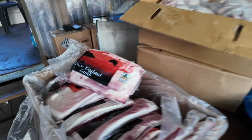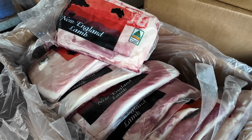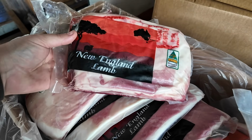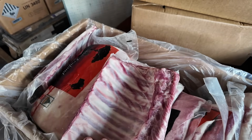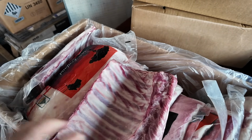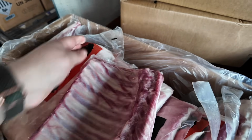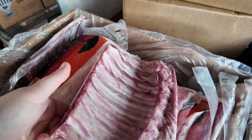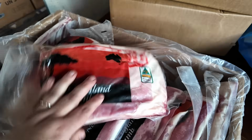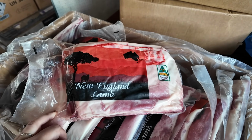I got a box. This was definitely a bit of a treat. They had lamb square cut racks. So these nice lamb cutlet racks, square cut. Each one is a kilo. 2, 3, 4, 5, 6, 7, 8. Looks like 8-ish cutlets per rack. Nice big cap of fat, and these were $25 a kilo, which is really cheap for lamb racks,